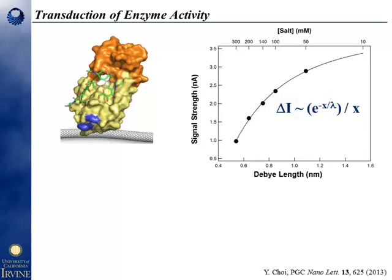All these molecules are being measured in a salt solution. And salt solutions, electrolytes, have a screening length. And so it was very natural to ask, how does the electrostatic screening in a salt solution affect the signal that we're measuring? Here are some experimental data from a lysozyme device where I plotted on the top some different salt concentrations from 10 millimolar out to almost 1,000 millimolar, and the corresponding Debye length for electrostatic screening of each